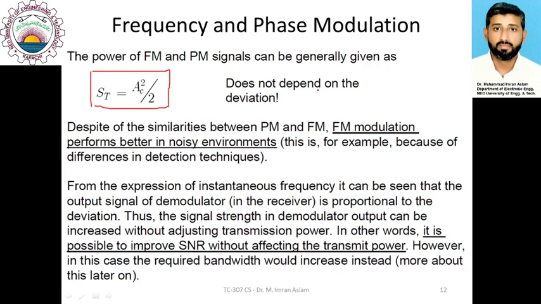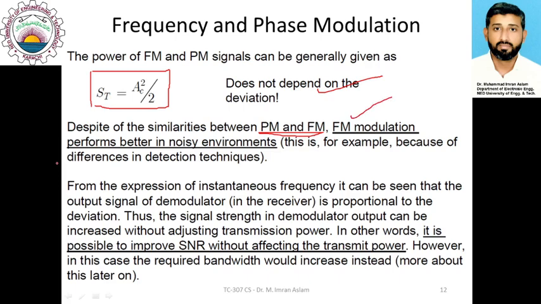So power is independent of the deviation. But if you recall, in amplitude modulation, the overall power was dependent on mu as well, the amplitude modulation index. But for this case, the power is independent of that deviation. We have discussed that there are many similarities between PM and FM signals, but it is worth mentioning that